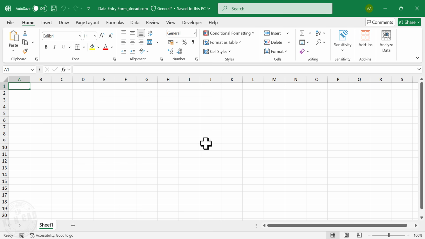I have opened a new Excel workbook with a blank worksheet, Sheet 1. Let's start by adding the column headers of the details we plan to collect using the data entry form. In this example, we will collect an employee's name, age, gender, department, and software skills. So in the first column, type in name, age in the second column,